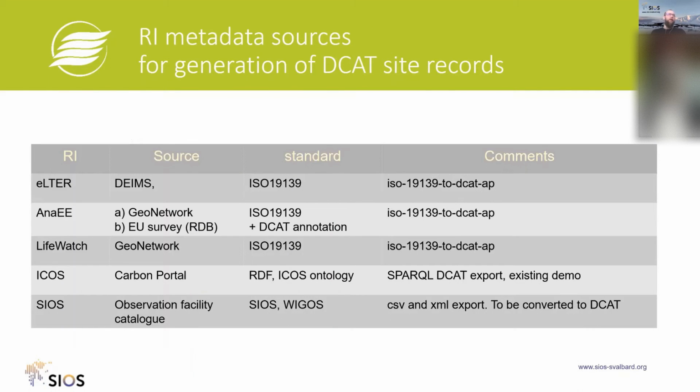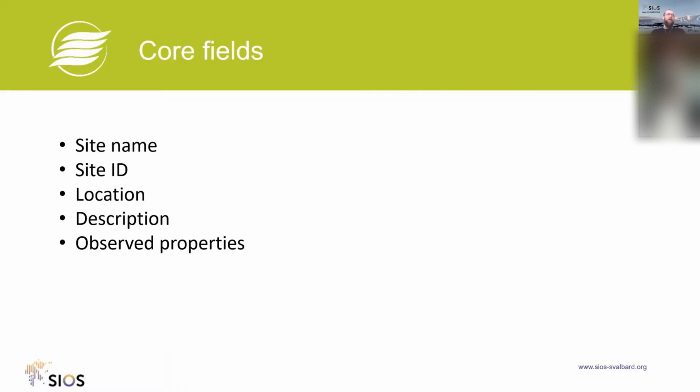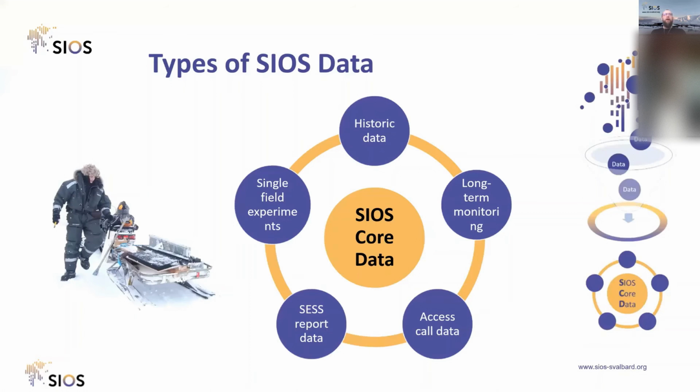This is just the summary of the standards and databases that were analyzed in this process. And the crucial part, the core part of connecting these catalogs, is to define the core fields. For this process, it has been mapped that the site name, site ID, location, description, and observed properties are the crucial ones, which should follow the same standard. But let's go a step forward and look at